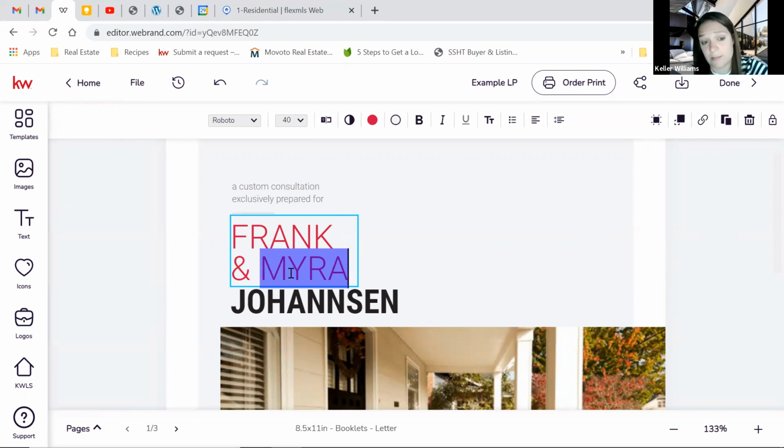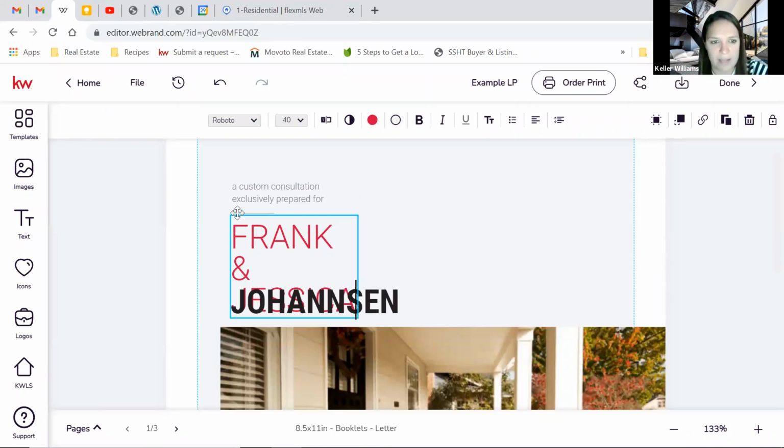Okay, so that was easy for me to do. I double clicked and it highlights, and anything that you highlight, you can just type over. Or if you want to hit delete and then do it, you can do that as well. Let's say Myra's name was Jessica. You see how this then just kept going smaller or lower and lower? That's because this box is set to a certain size. If I click away from it somewhere, I get these little white blobs. I'm going to take this and drag it